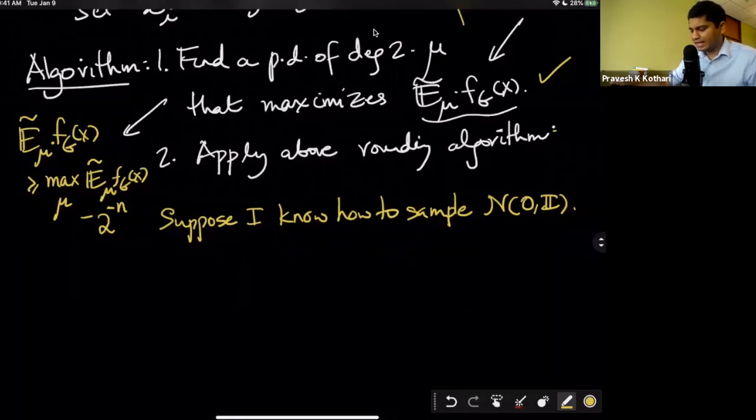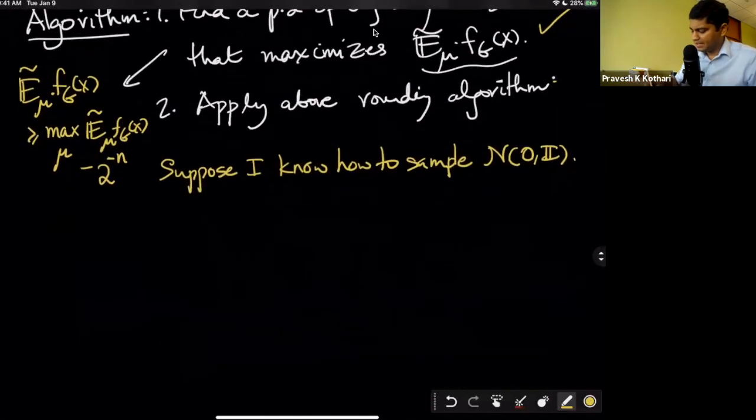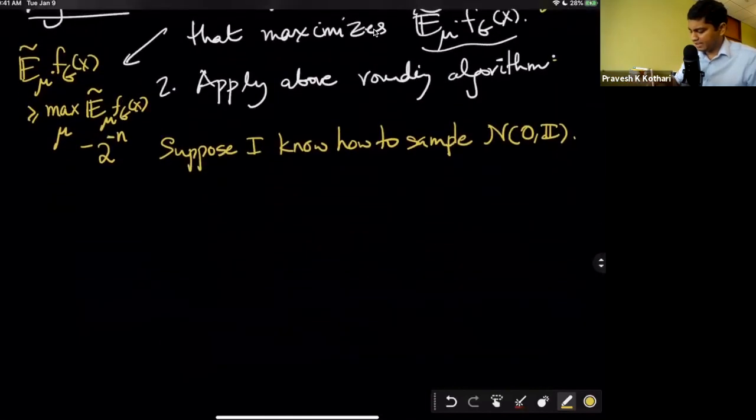Then I can simulate the step of sampling a Gaussian with an arbitrary covariance. And what's the idea? Well, if I want to sample a Gaussian with, let's say, covariance sigma,